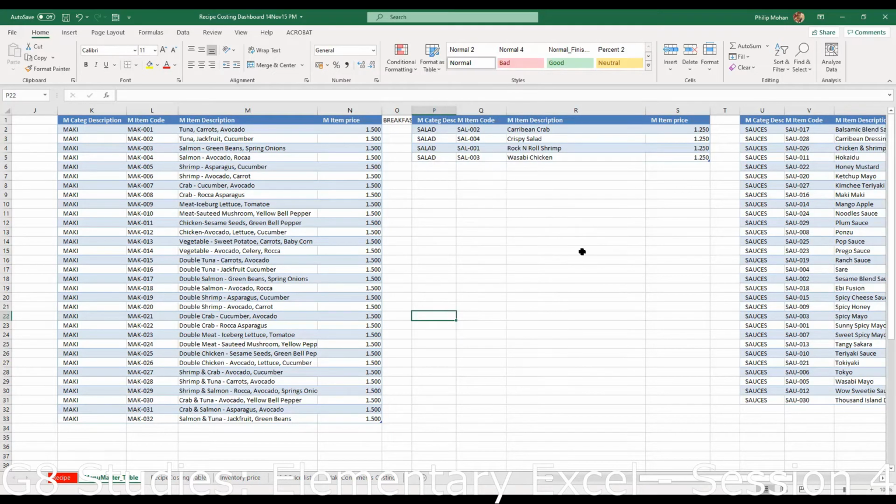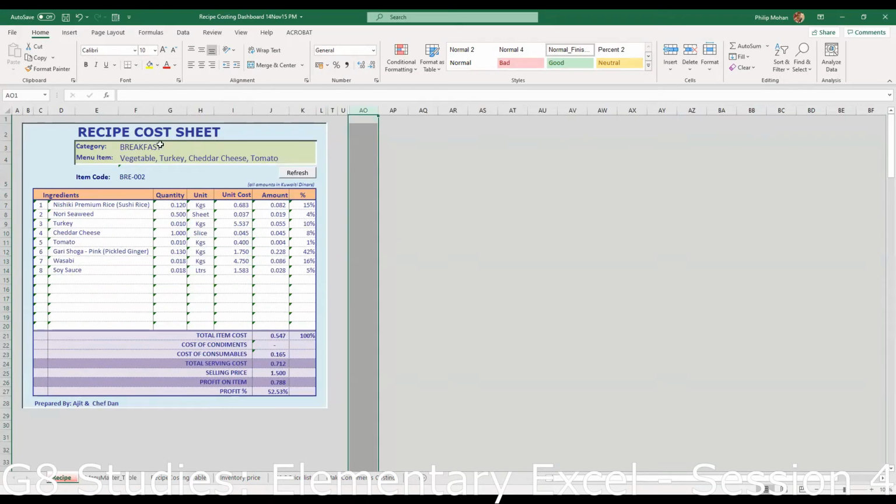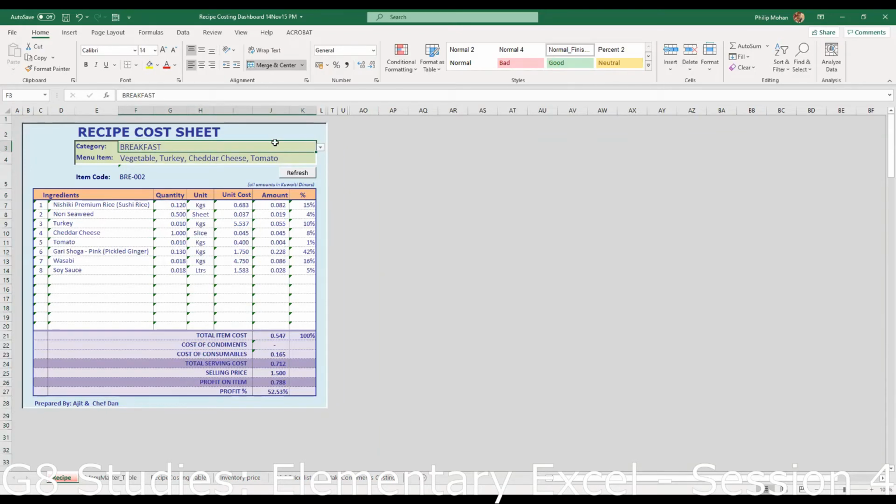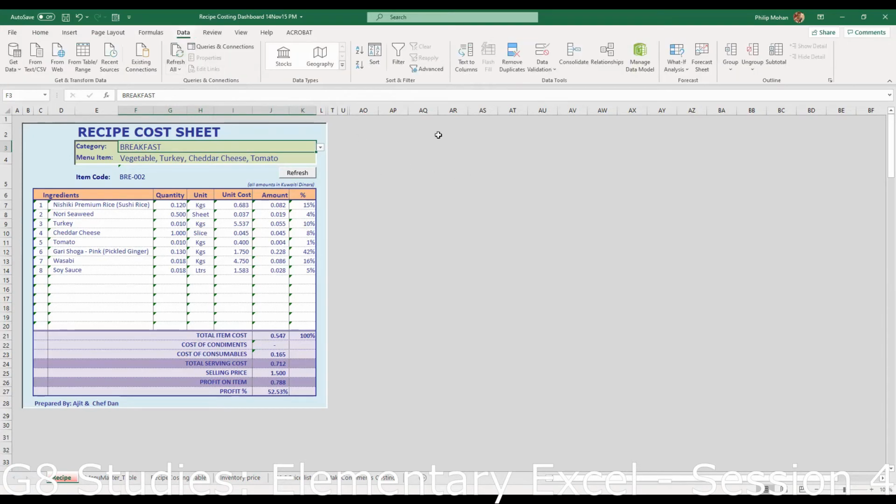Normally for this one, I use it. It's gone anyway, praise God. All right. I actually entered these based on what Ajit gave me. But what's happening here, when we choose, this is a drop-down list. If you go to the edge of it and click on it, or if you go inside the cell and go to data validation, it's got multiple types, but go to the first one, data validation.